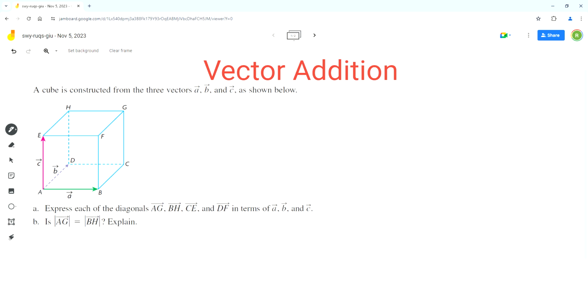So let's start with part A. The first diagonal is AG. Now vector AG goes from point A to point G. An alternate route for going from point A to point G is to go from A to B, then B to C, and then from C to G. So we can break up vector AG as